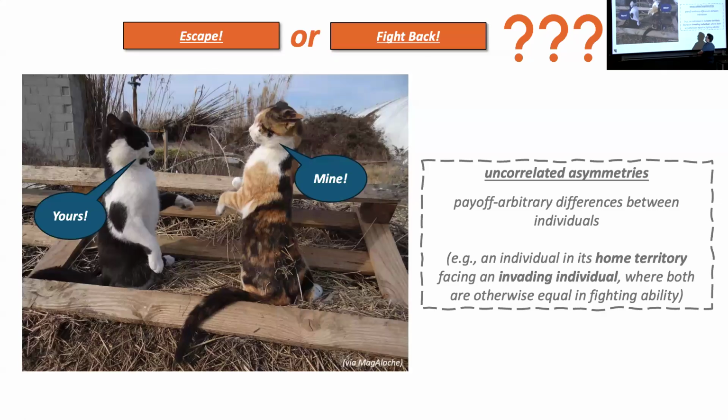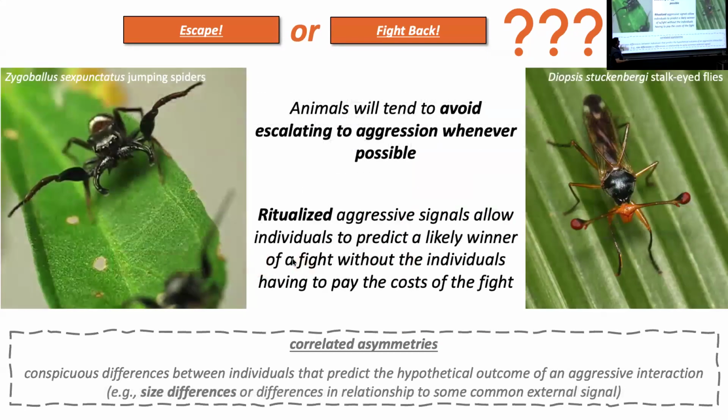But it happens to be that this animal has a home range and this animal is roving. And it is their history that actually predicts the outcome of the fight, not the animals themselves. Whereas in the stock-eyed fly case or the jumping spider case, this is a correlated asymmetry where